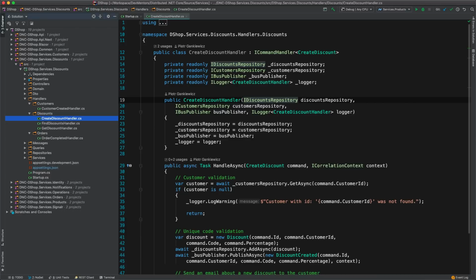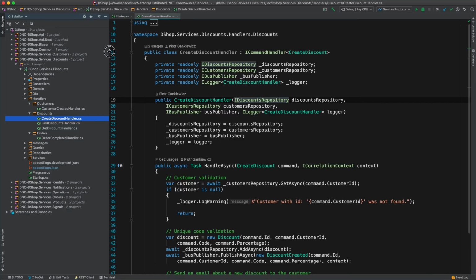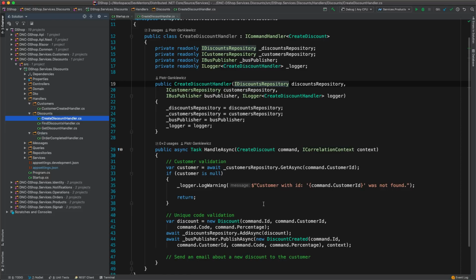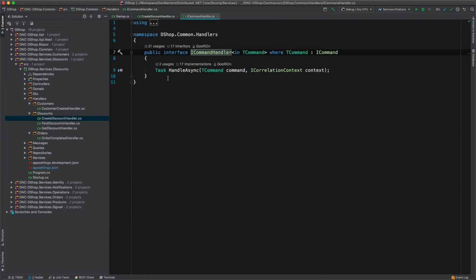which is CQRS. As you probably remember, when you want to be exact with this principle, writing to your application means that you can mutate the state, persist some data to your databases, or play with your domain objects, and that is totally fine. But as you see in this example,